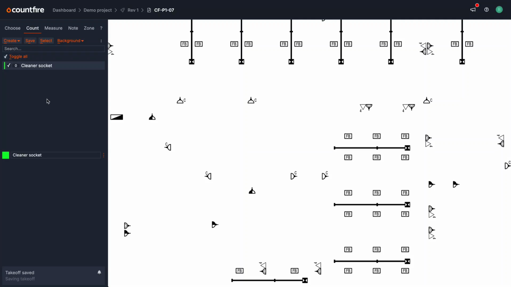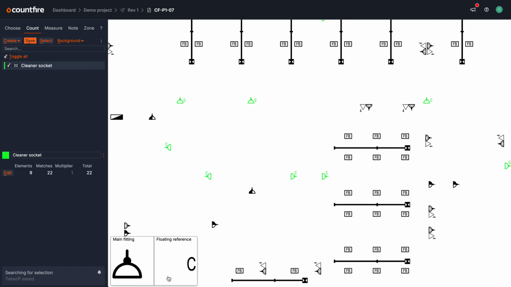In this video, I'm going to show you the improvements we've made to the way Countfire works when you select a symbol. When making a selection, Countfire will now automatically find 90-degree rotations without holding Shift, and also look for the floating reference. Pressing E on your keyboard, clicking Edit, or clicking in the selection preview will take you into